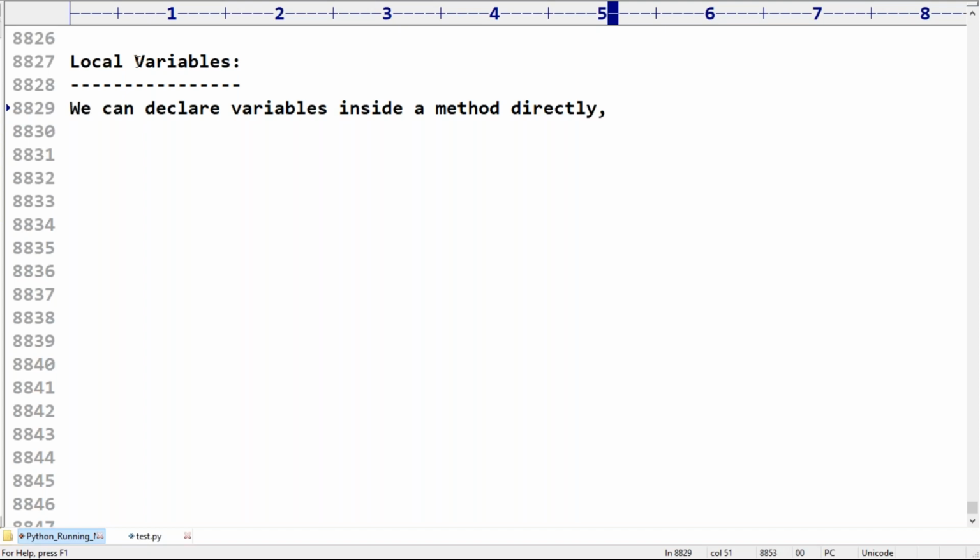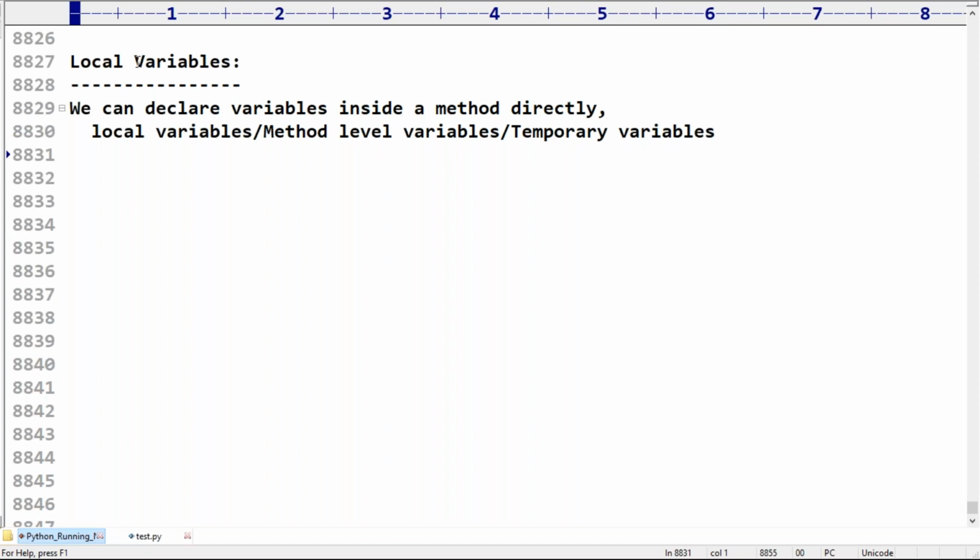We can declare variables directly inside a method to meet the temporary requirements of a programmer. Such types of variables are called local variables, method level variables, or temporary variables. That's all. This is what you should be aware of: local variable, method level variable, or temporary variable.